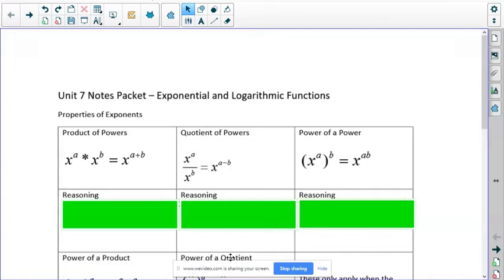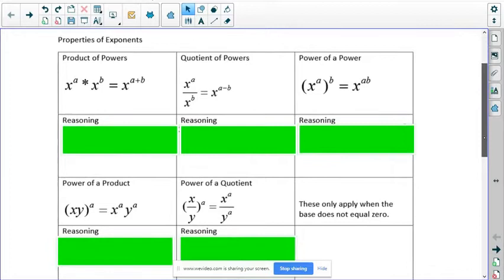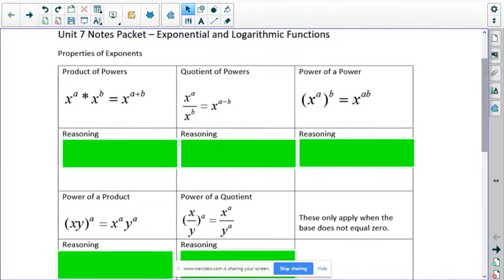Unit 7 is going to be about properties of exponents. You've seen many of these in the past. The first rule we're going to talk about is the product of powers, where you have two powers multiplying